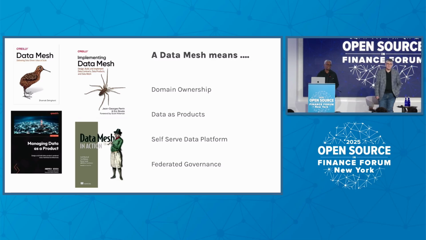A data product is not just data. It contains data as well as code related to the business logic and the metadata around the data. It's not just a data set. That way, anyone can easily discover the data and what it does. That's the data as a product principle.